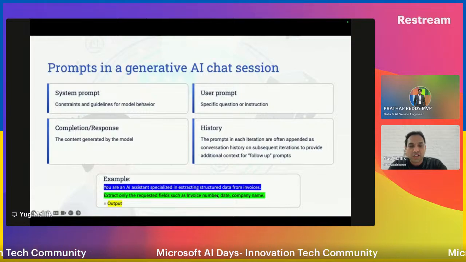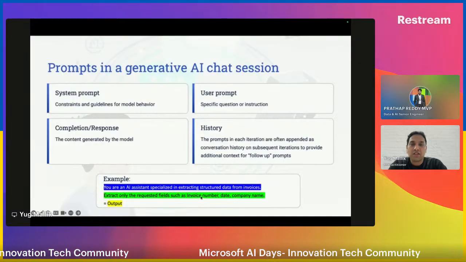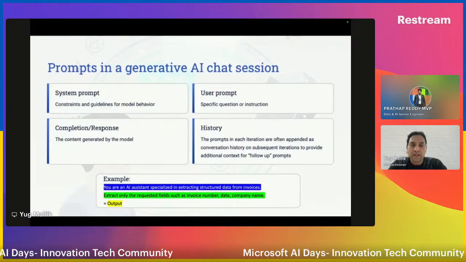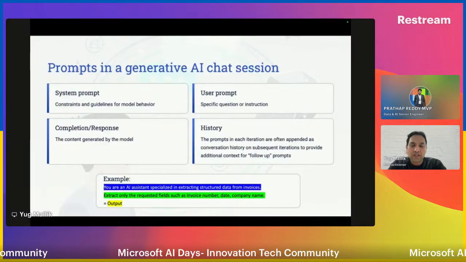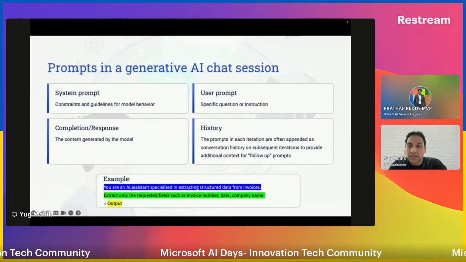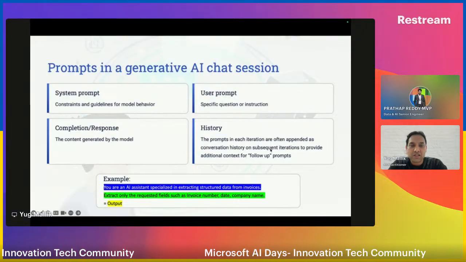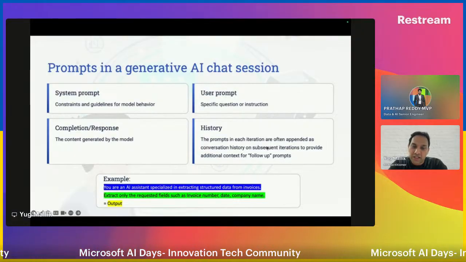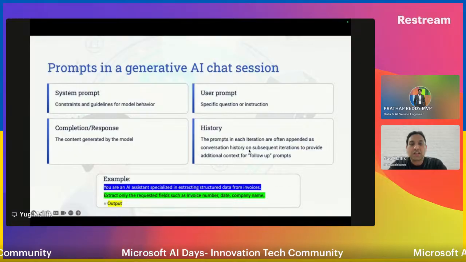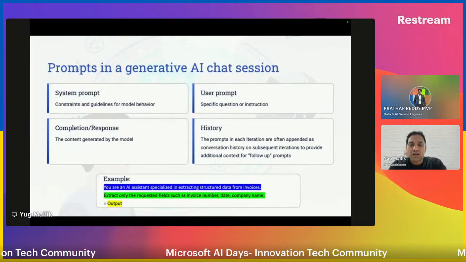Say, for example, in this context, I might ask, hey, give me the details of what is there in the invoice. If I give that as the next prompt, it takes the existing prompt, which we keyed in first, and then it appends the new one, and accordingly it provides us the answer. Since the previous one is taken into the context while requesting the new input, that part is what we call history. So typically these four areas you need to understand when you are talking about prompts.